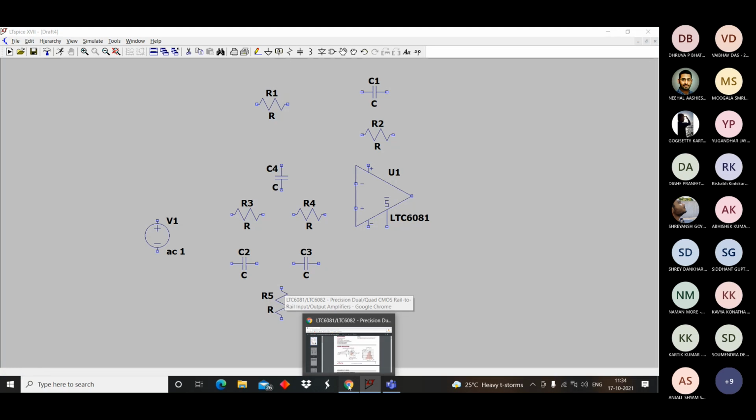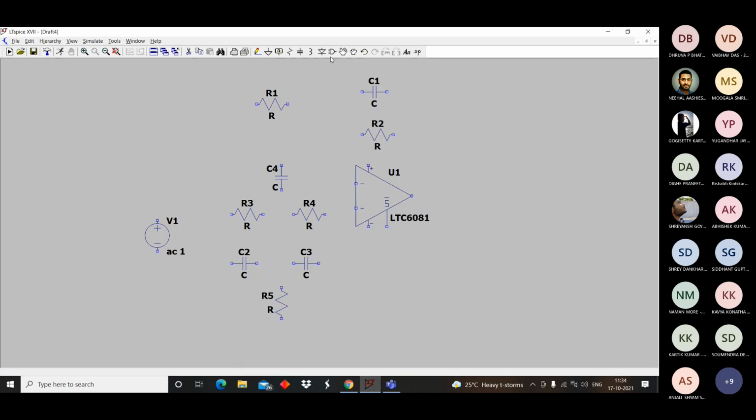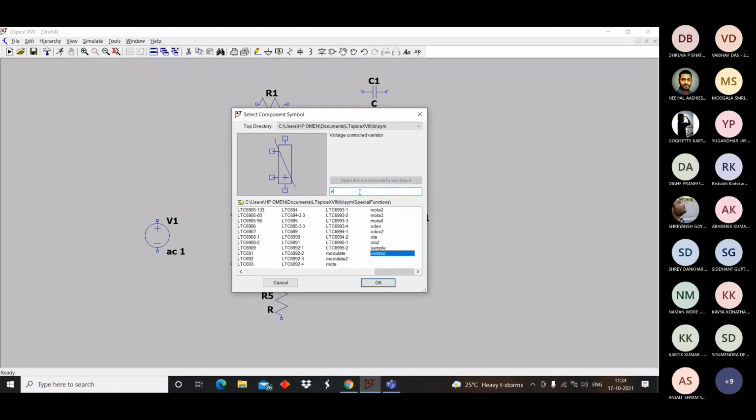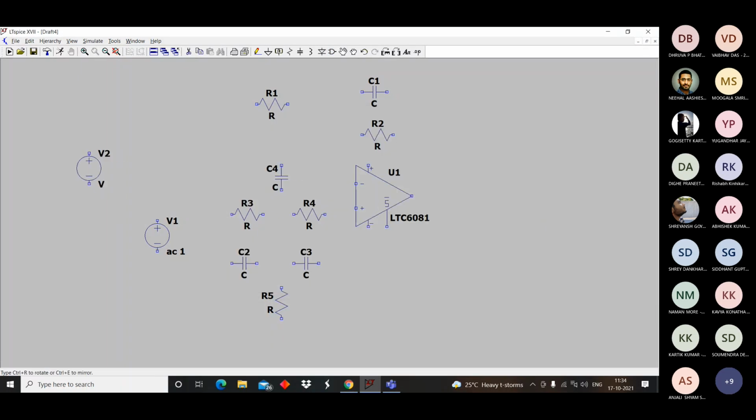So now we'll look into the design again and make the connections. There are two voltage sources which will be the saturation voltages that I'm placing here right now. Now we'll wire up all the components.